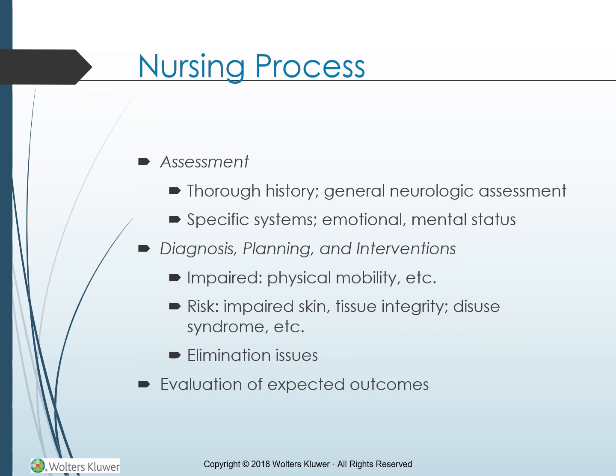Impaired physical mobility, the expected outcome would be the client will tolerate increased physical mobility as demonstrated by use of devices for mobility and remain free of contractures. Risk for sexual dysfunction, client will explore sexual alternatives. Risk for injury, client remains free from injury as the expected outcome. Risk for situational low self-esteem, the expected outcome would be the client will maintain positive self-regard, accept changes in body function, express feelings about the disability, and participate in rehabilitation. Risk for dysfunctional grieving, the expected outcome would be the client will adapt progressively through various stages of grieving, and a